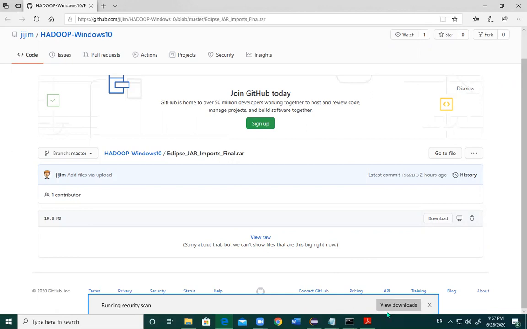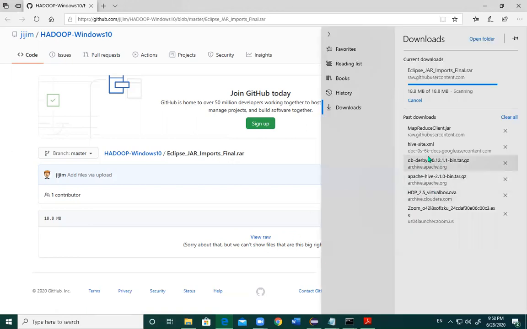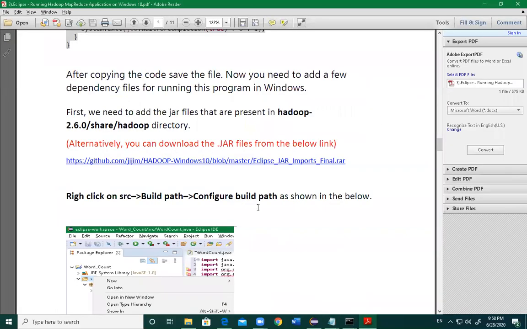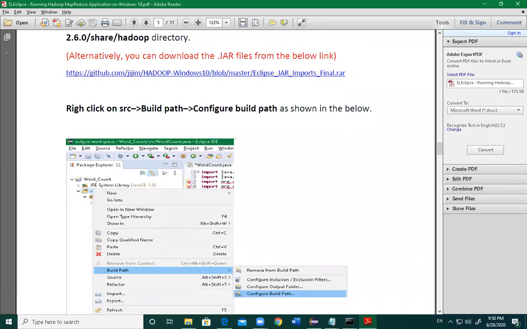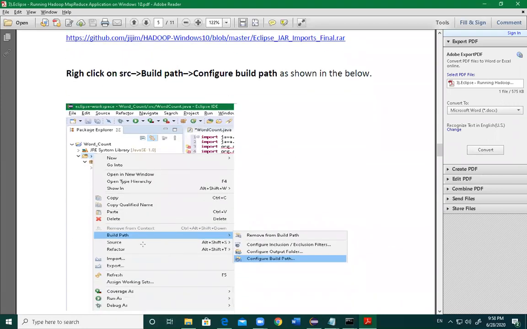Once it is downloaded, you have to just add that one using the configure build path option by right button click